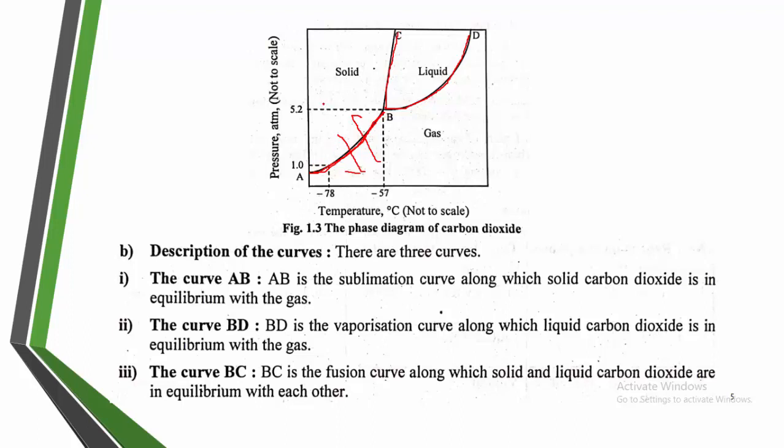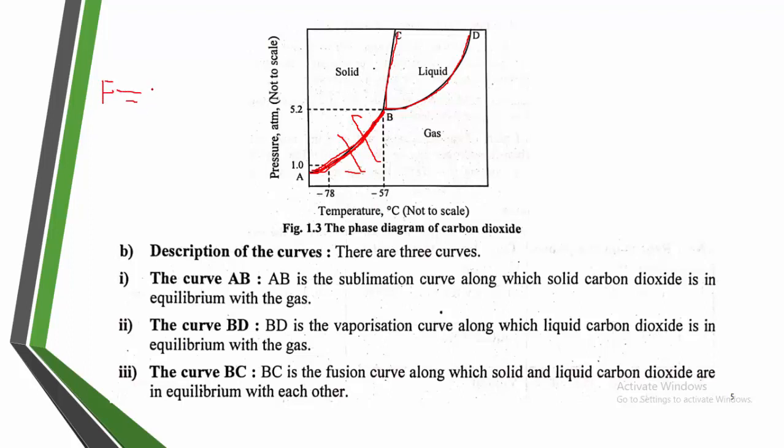You are getting my point. Here is the solid state, and here is the gas phase, solid phase and the gas phase. But here we are going to find only the area on the dark line, means the points on the curves, those are the equilibrium. It indicates that here we can find out the degree of freedom of a particular point on the line.